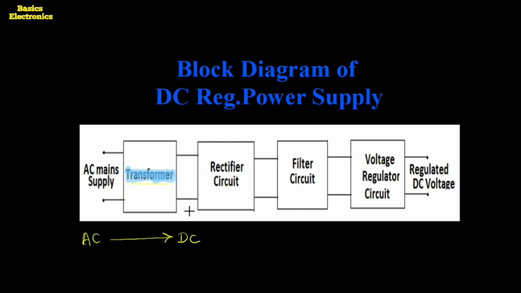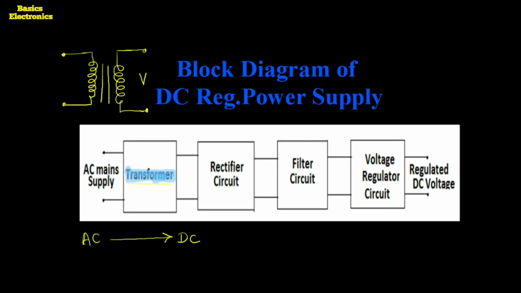It uses two different coils inside, which we can say are inductors. These two coils are not electrically connected to each other. If we draw the symbol of the transformer, it looks like this. The first coil is connected to the AC main supply, and the second coil is connected to the circuitry available in the